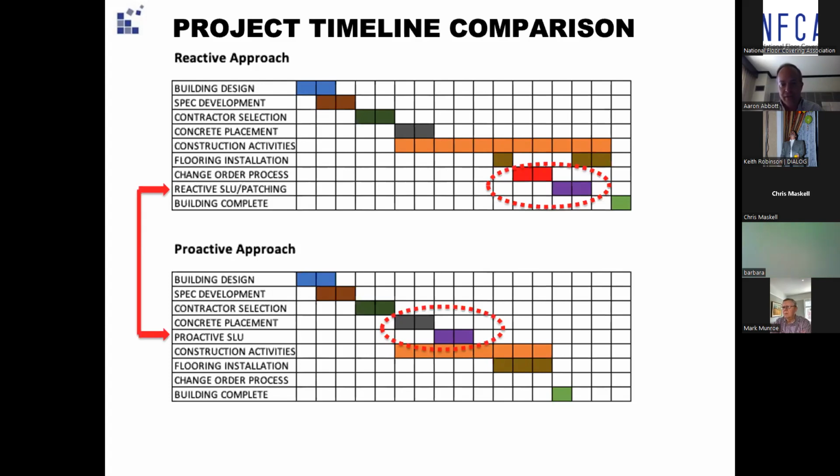So really the difference in these two Gantt charts, there's a few differences. One is that there's hopefully no change order process, at least as it relates to the flooring installation. And hopefully up front, during the specification process, during the development of the specification, we have an opportunity to talk amongst ourselves and get the contractors